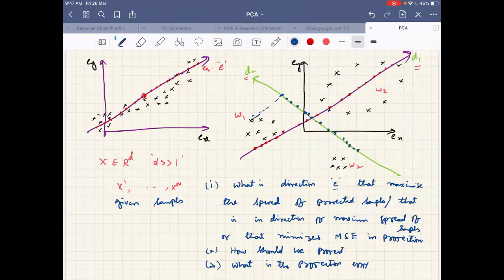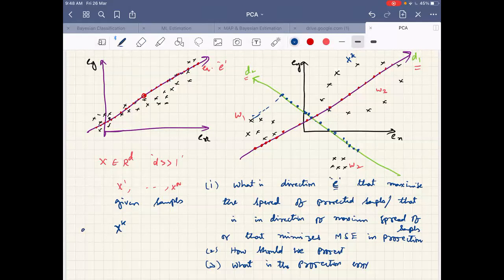So now let me put some of the math here. Let xk be the sample, any sample in this, and I am writing xk here. If you feel it is difficult to correlate, we will write here itself. For this sample xk, I want to find out E, the direction of projection. Just to start the discussion, I am assuming that E is the direction of projection.